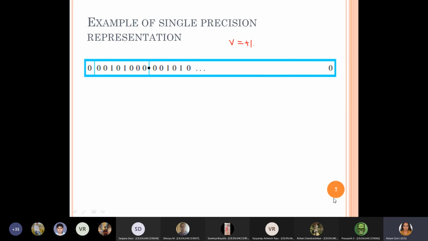After that, what will come, Rohan? Rohan, after that, what will come? Yes. Say, I didn't hear you properly. Rohan. Yeah, mom, can you hear me? Yeah, what will come next?